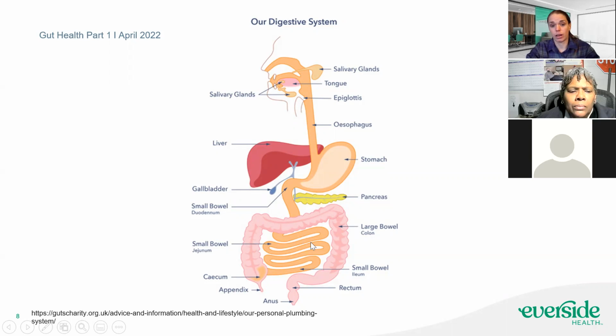So some of where people have issues is if their pancreas is not really helping out the way it should, because it's supposed to help regulate your blood sugars, and it's also supposed to help with breaking down proteins and some of those carbohydrates. The liver could also be having some issues, or the gallbladder. If you've had your gallbladder taken out, you might not be able to digest fats quite as well. And so bile is helping digest fats, and that's where those two come into play.